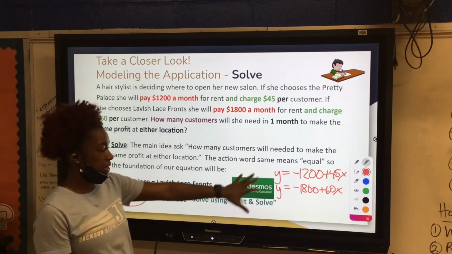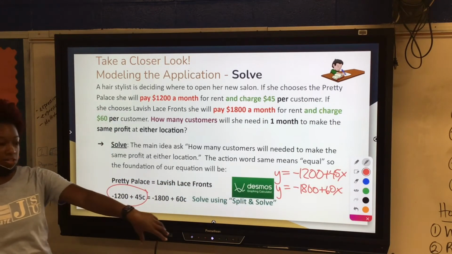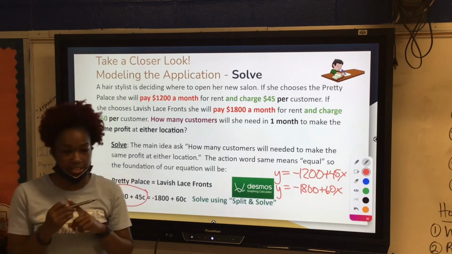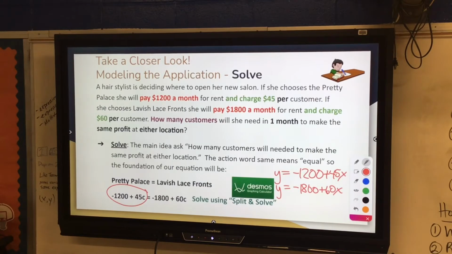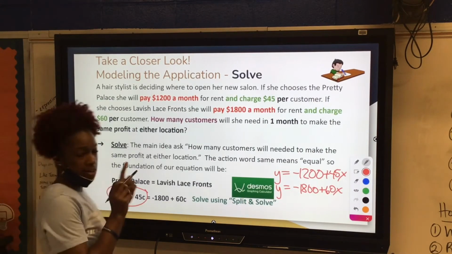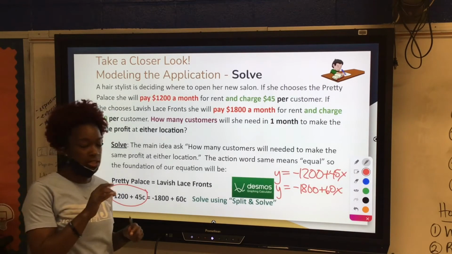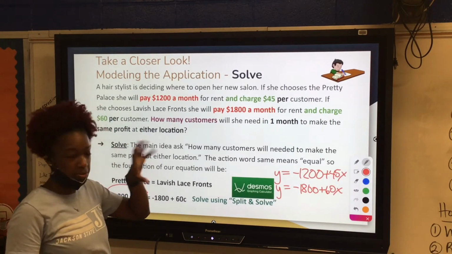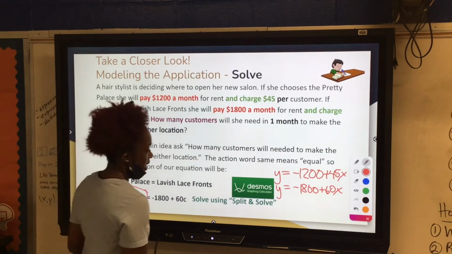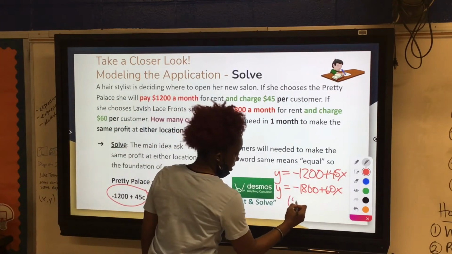Alright, so once we place those in Desmos, we have to go and see where the lines intersect. You will notice that the lines are very, very close together, so you have to keep zooming in and scrolling up until you actually see where those two lines intersect. The point we got was 40,